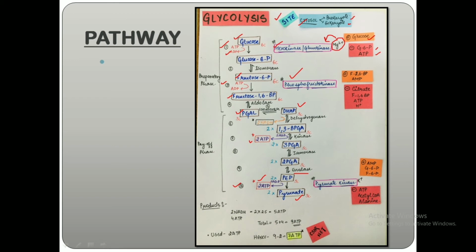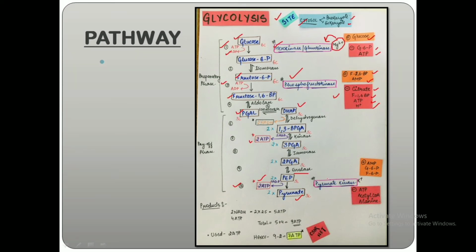For the positive regulation, we have fructose 2,6-bisphosphate and AMP, that is adenosine monophosphate. Talking about the negative regulation, it is citrate, fructose 1,6-bisphosphate, ATP and H+ ions, which act as negative regulators of